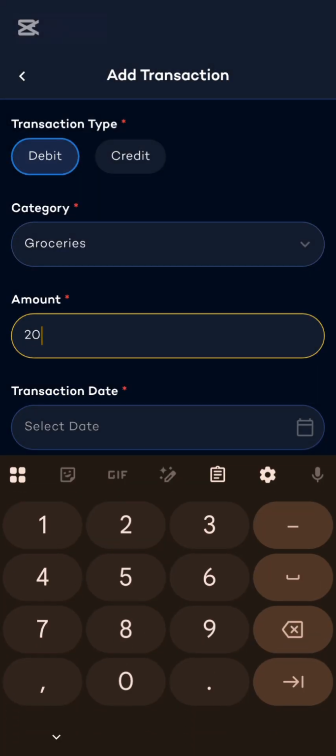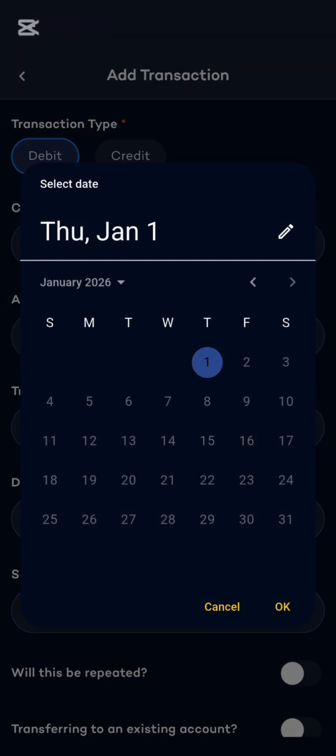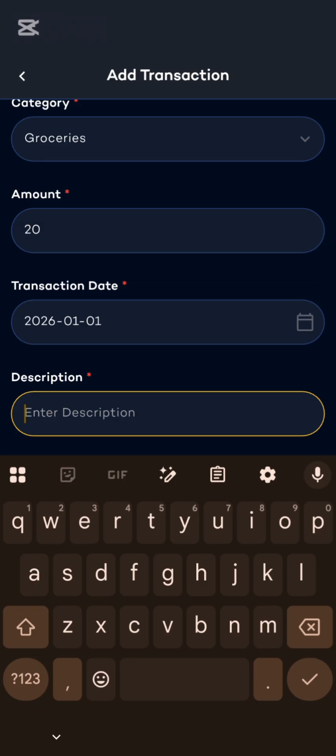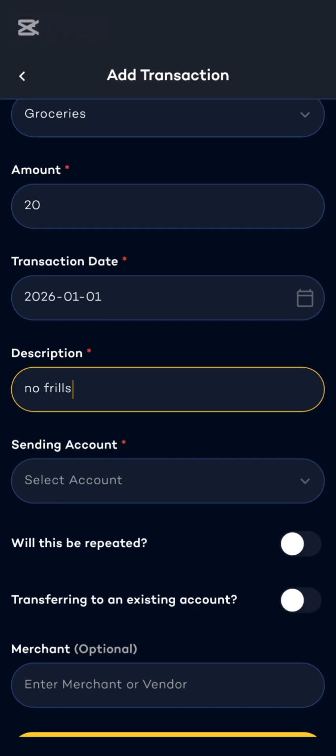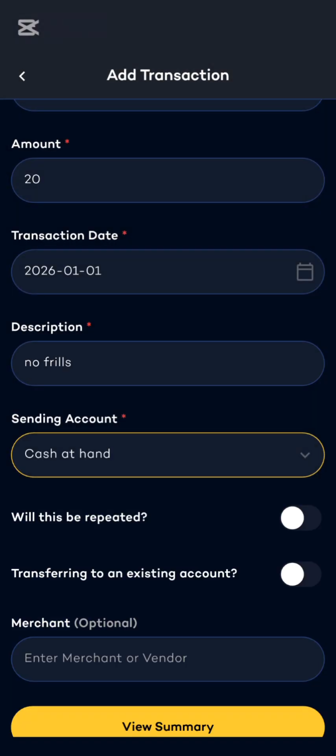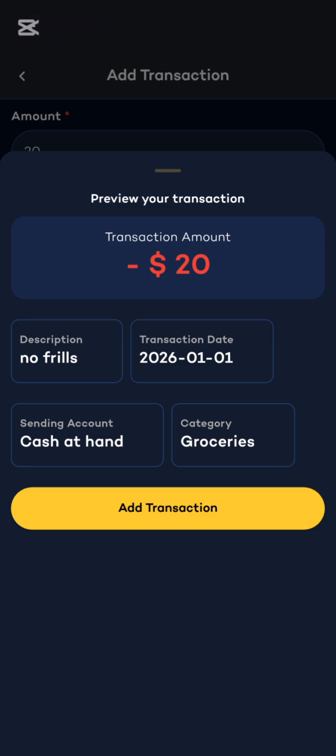We're just going to put $20, for example. The transaction date being today. Description, let's just say no frills, right? Just then sending accounts, cash at hand, and then view summary,